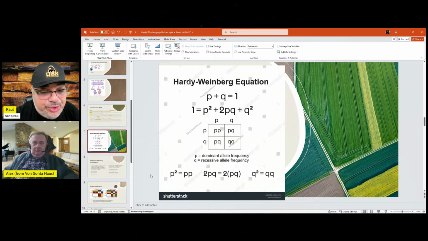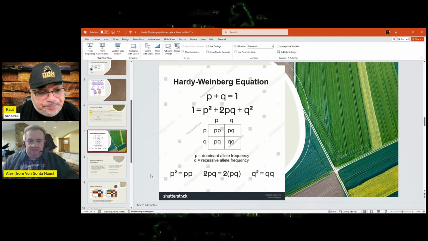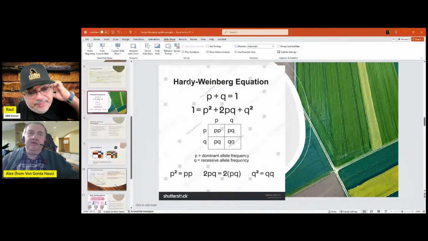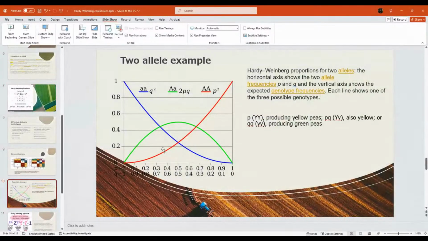Essentially, when you do the graph like Alex is showing here, you see how everything proportionally falls in place. Now, speaking of graph, you're going to then be able to predict which genes come up. In this example, I'm going to first explain the colors. We're using peas, like Mendel did. Gregor Mendel was a monk, and he came up with the idea of particles of inheritance, which we now call genes.